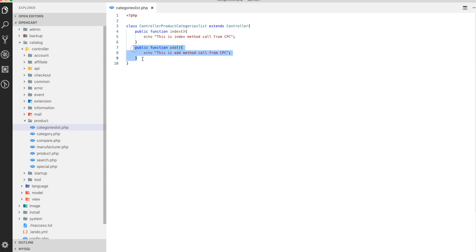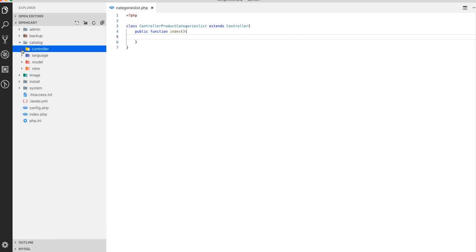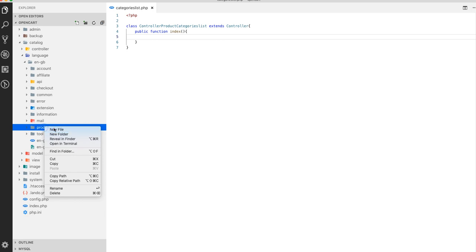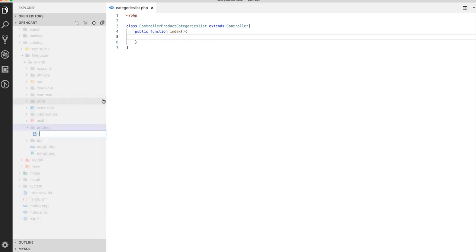Let's remove this and start working on the index. Now for our categories list, we need some language file. So for that, let's go to the language English ENGB product. You can create the folder if you don't have. Categories list.php,